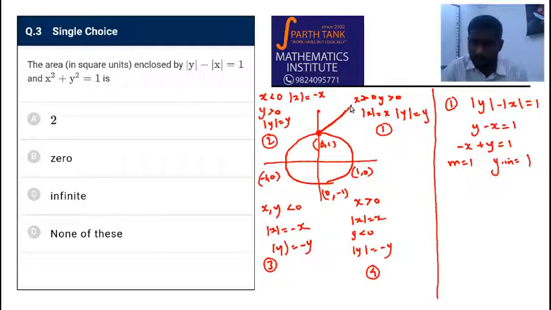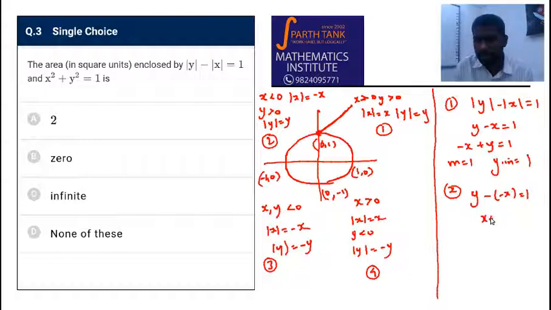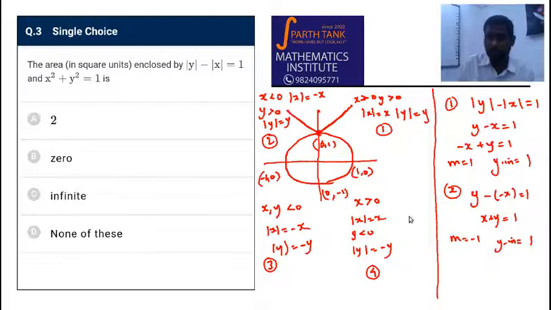See, I am drawing this line only in the first quadrant, right? Because I have told it is for the first quadrant, no extension here. It is only in the first quadrant. Go to the second quadrant. What will you get? Minus x and y, right? So it will become y minus x is 1, or x plus y is 1. Now here also slope is minus 1 and y-intercept is 1. So it is a line from here in this direction. Okay. Now the same way you argue, and you can find that these lines are also like this.